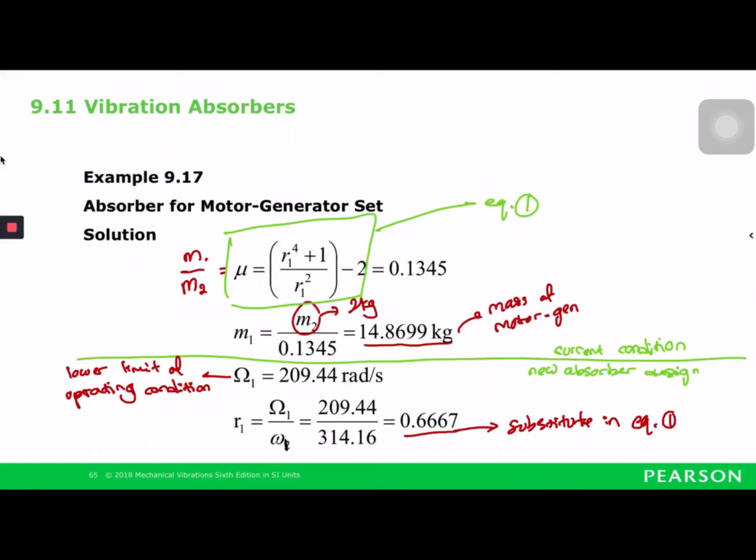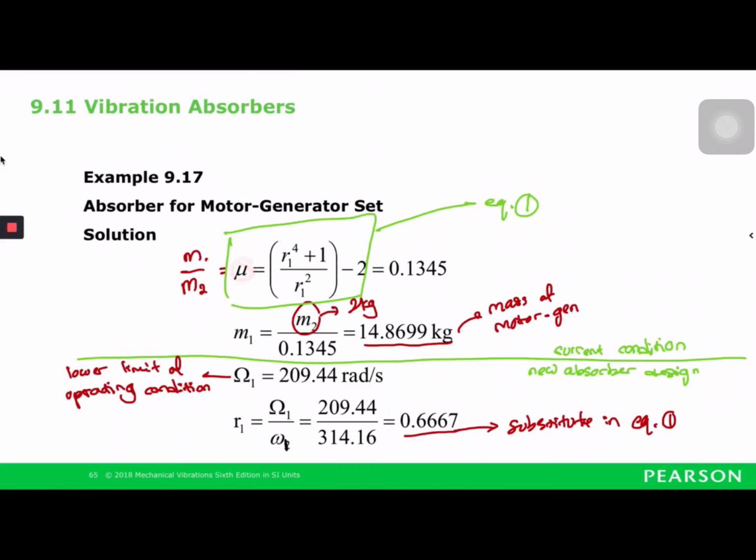From there we can find the lower limit of our natural frequency, which is capital omega 1, 2000 rpm, which is 209.44 radian per second. So using this value, we can find R1. We know omega 1 is still the same, 3000 rpm. So R1 is 0.6667. So if we substitute this value into equation 1 over here,